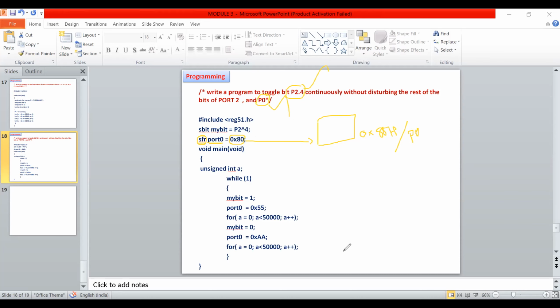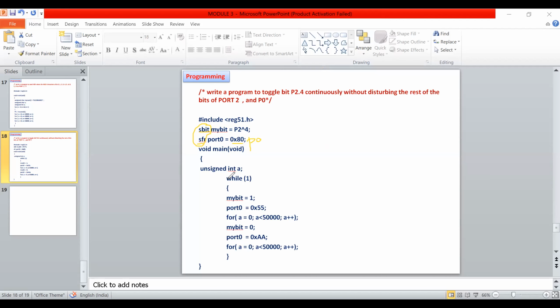It's very simple, but I have used these two file library directives so that later on you will understand if I use sbit or SFR. Here, this is nothing but port 0 only. No need to worry.